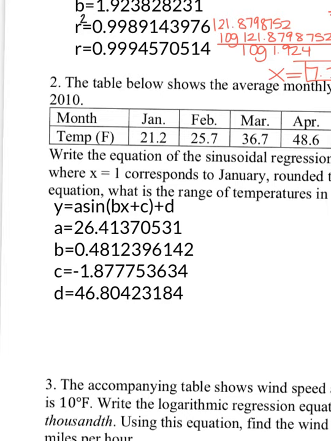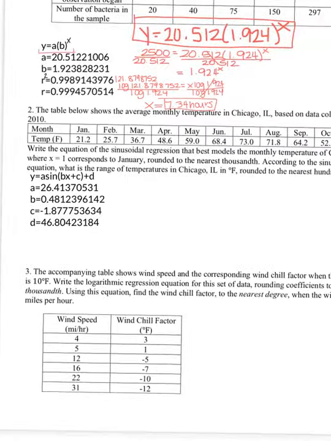Okay, this one doesn't give you r squared and r. The reason is because it has a whole bunch of variables in it. Not a big deal. You just write down what you see on your screen, round it correctly. So this would be our variables here. It says that your y value, the temperature, we can call it F. That can be a little confusing, because it looks like it's saying Fahrenheit. If you write y equals, it's not a big deal. But instead of y, I'm going to have F